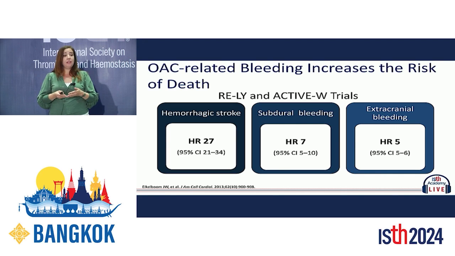In the middle, you see subdural bleeding, common in our elderly patients, sometimes spontaneous, sometimes traumatic. Those can be different and have different prognoses, but again, a 7-fold increase in the risk of death. And then finally, extracranial bleeding on the right-hand side, where I spend a lot of my time doing research, a 5-fold increase in the risk of death for individuals who have extracranial bleeds, like GI, again, the most common single site